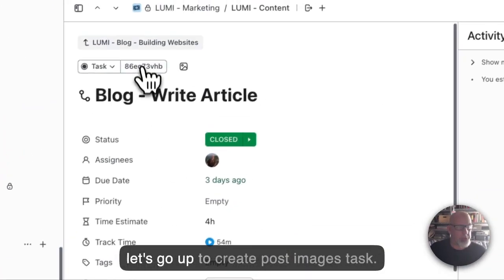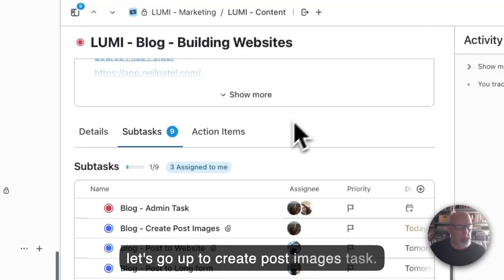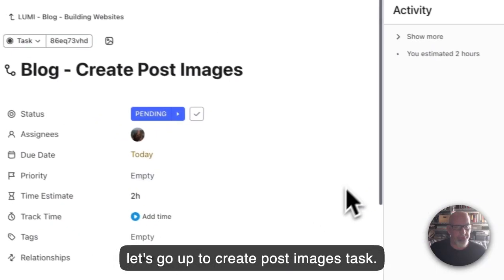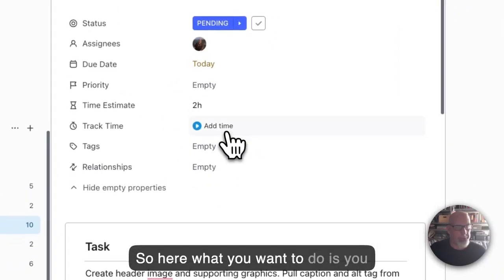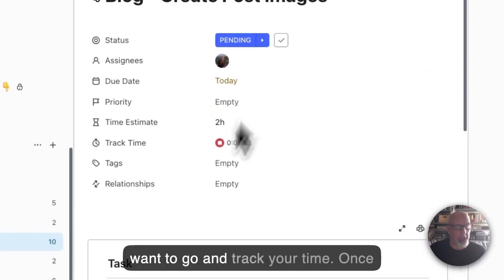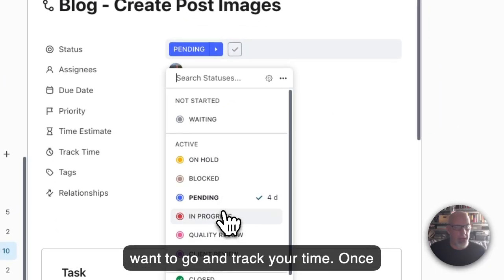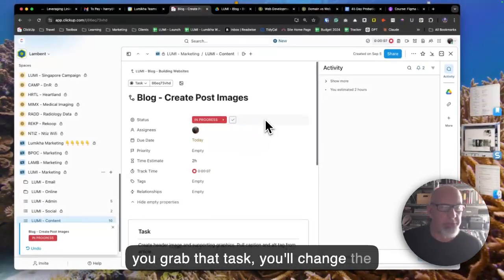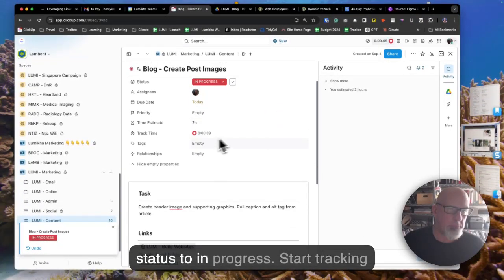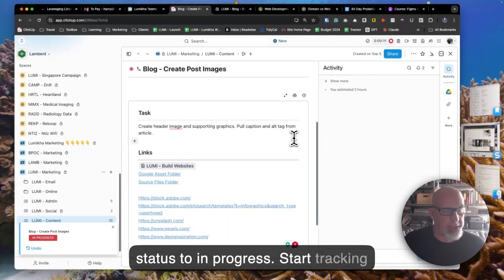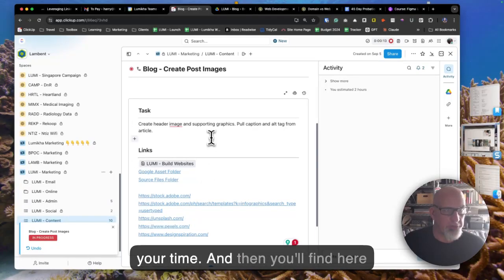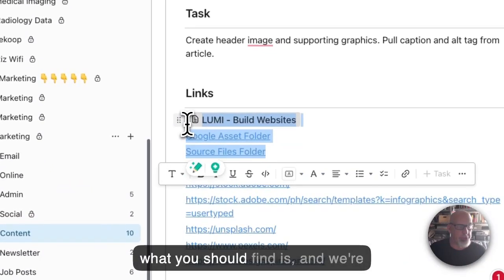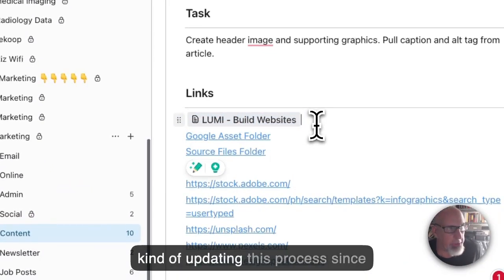let's go up to the create post images task. So here, what you want to do is go and track your time. Once you grab that task, you'll change the status to in progress. Start tracking your time, and then you'll find here what you should find is,